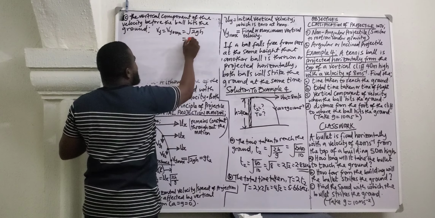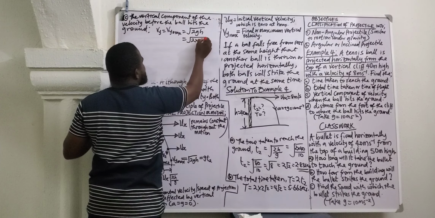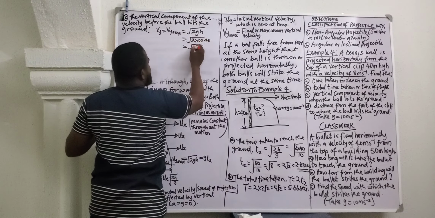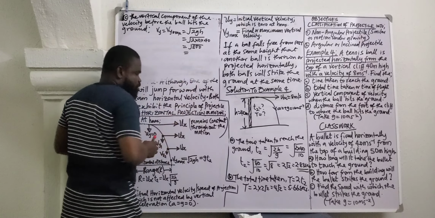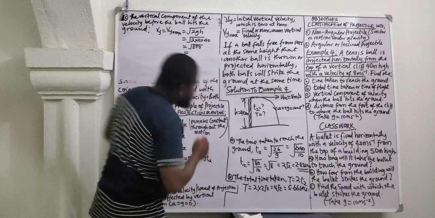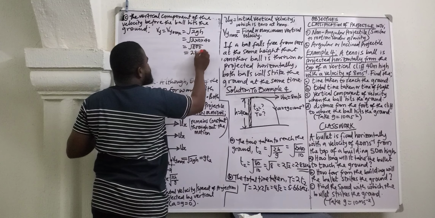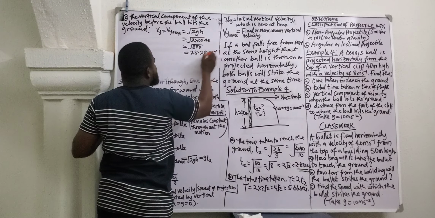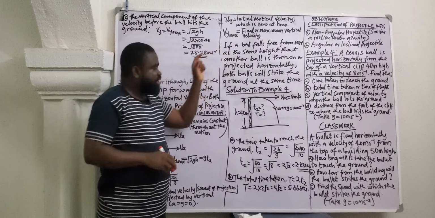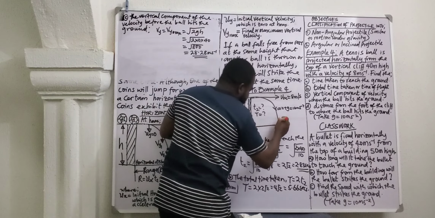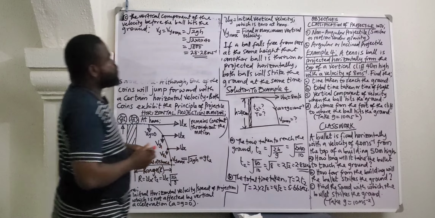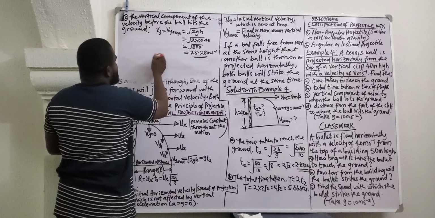If we substitute, we have square root of 2 times 10 times 40, and that will give us square root of 800. The square root of 800 has the value 28.28 meters per second. That is the maximum vertical velocity before the ball hits the ground. So your Vy max we have obtained with root 2gh. I said you can also use